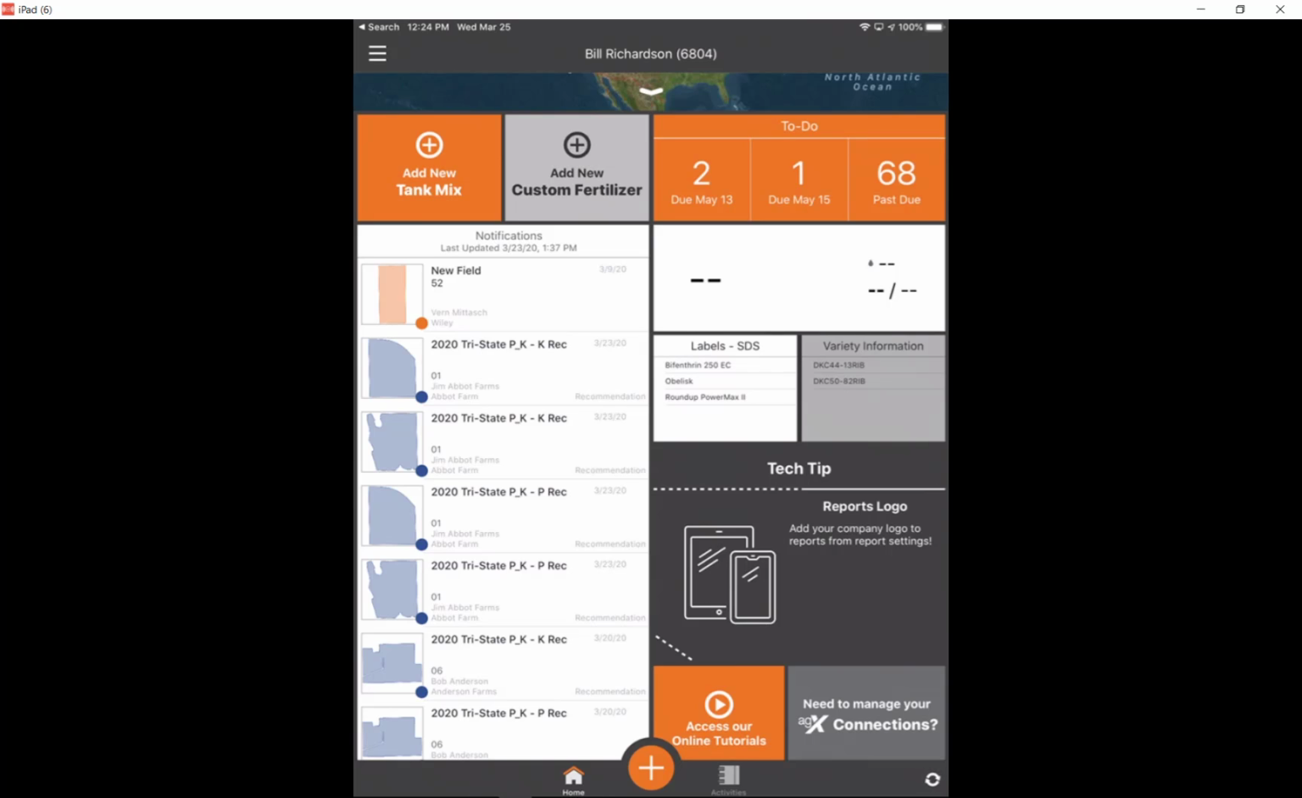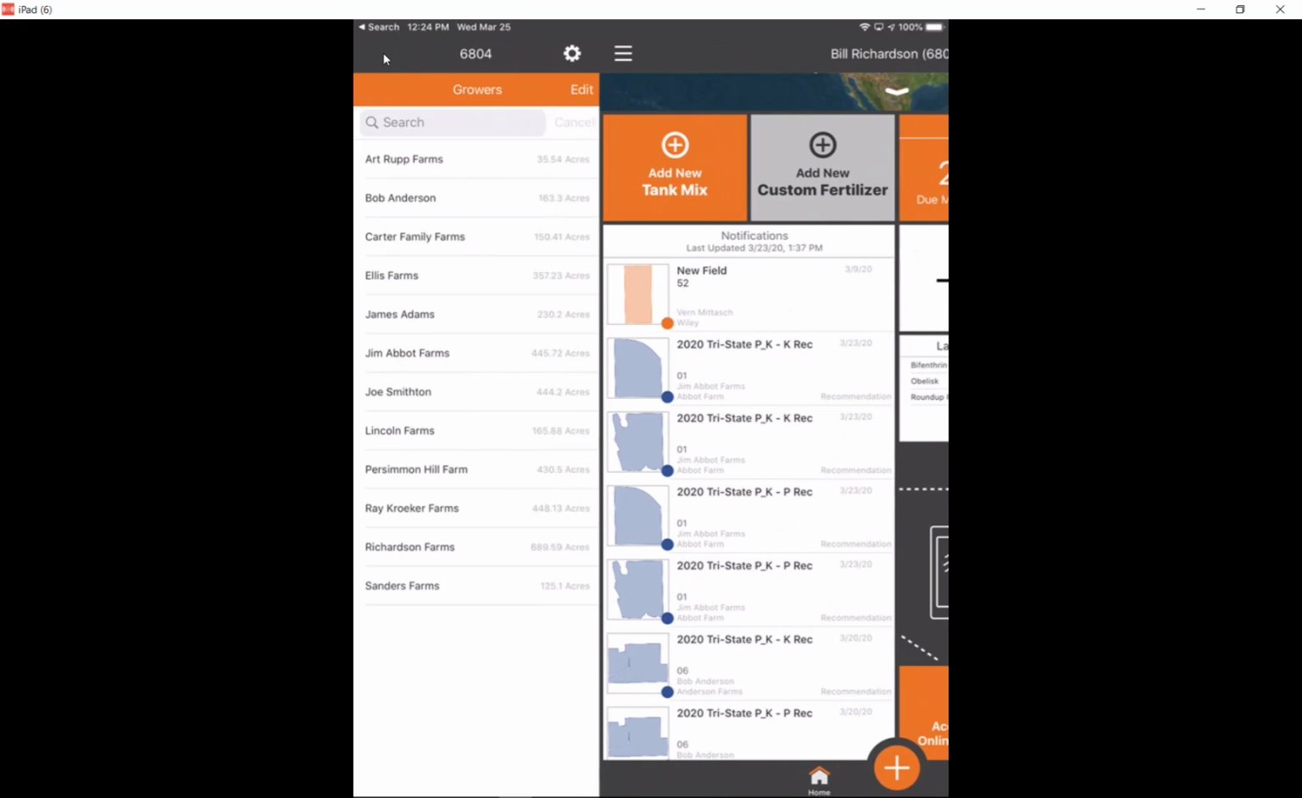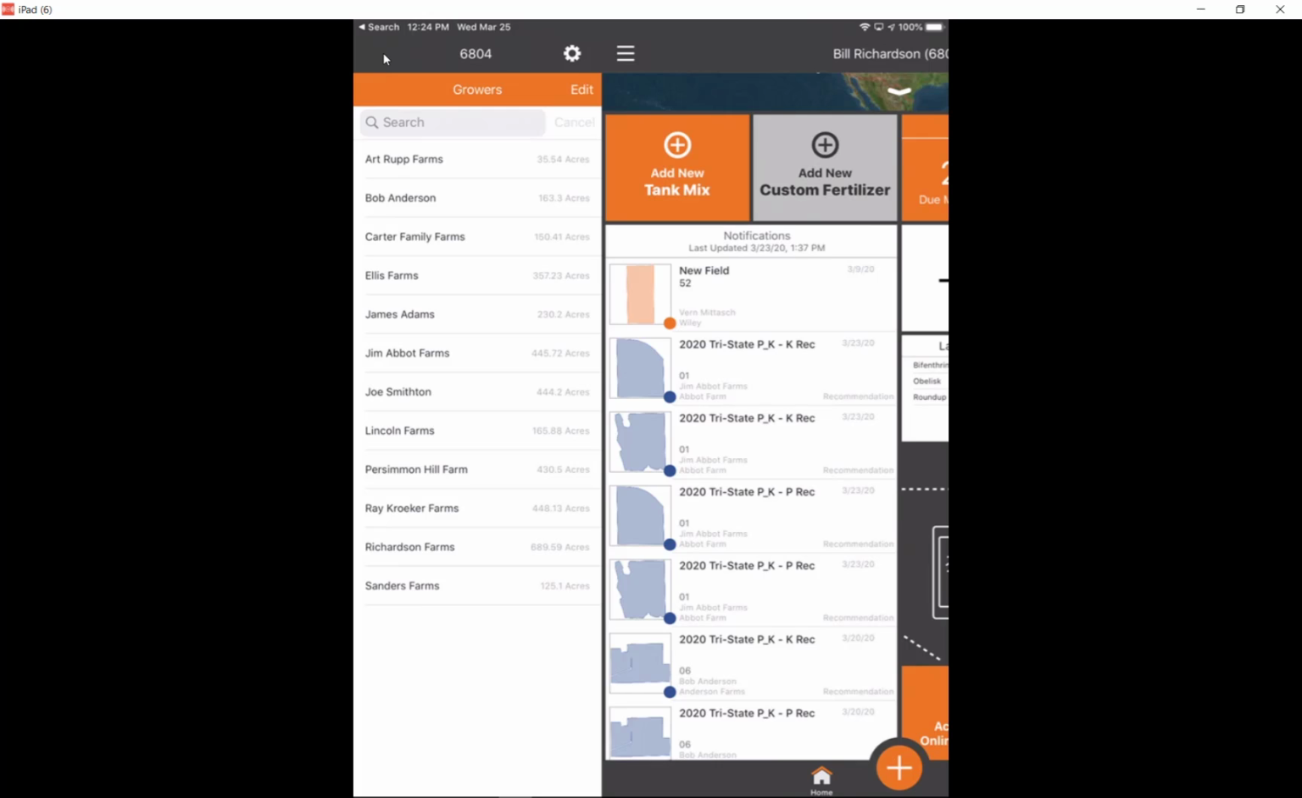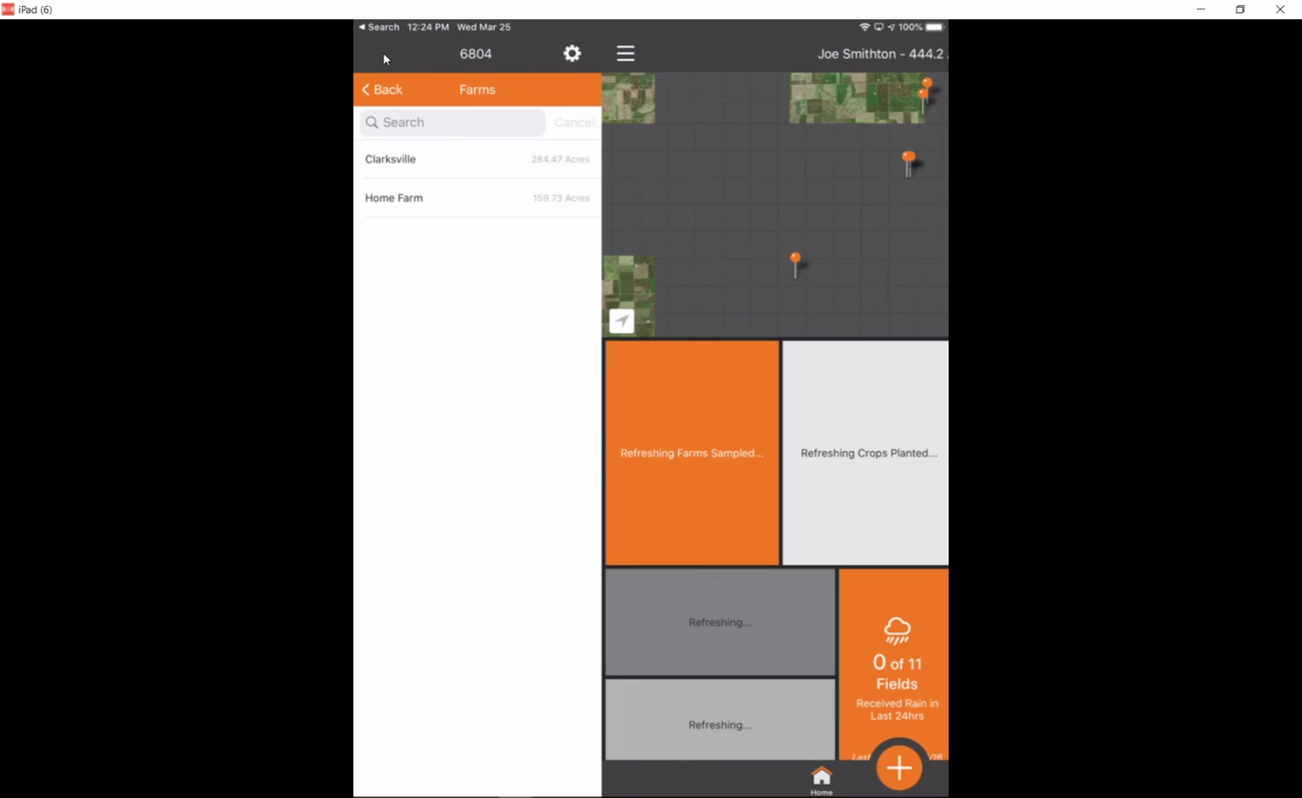To create a planting recommendation in Sirrus on the mobile device, I'm going to come over here to the top left to the three parallel bars, the menu bar, and go down to a field level. I could do this at the grower, the farm, or the field. I'm going to start at the field level and go to one of my fields that belongs to one of